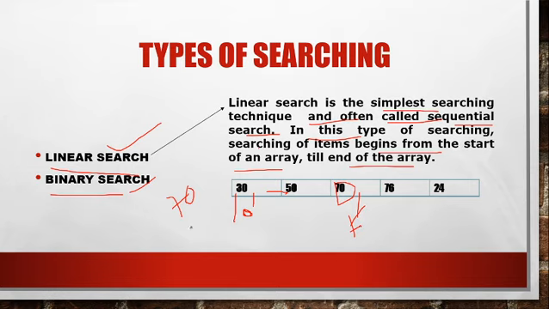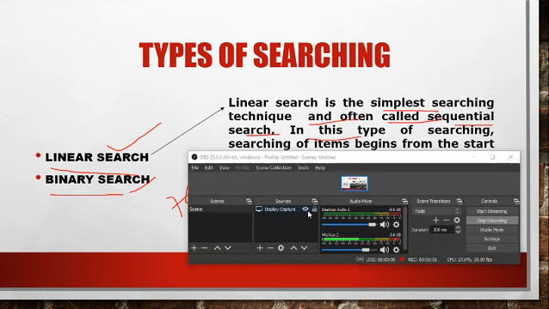Now suppose you have to find 71. It will start again, comparing the values 30, 50, 70, 76, 24, but 71 is not in the list, so the search is unsuccessful. Now how will you search? For this we have to understand a program of the linear search. Let's see and understand the logic of the linear search through the Java program. Let's see it first.